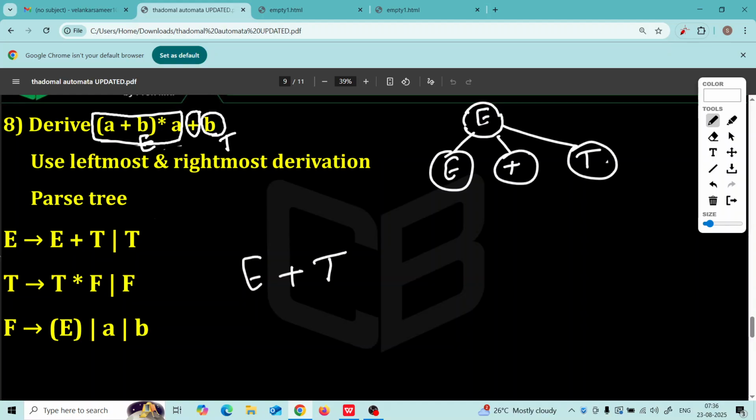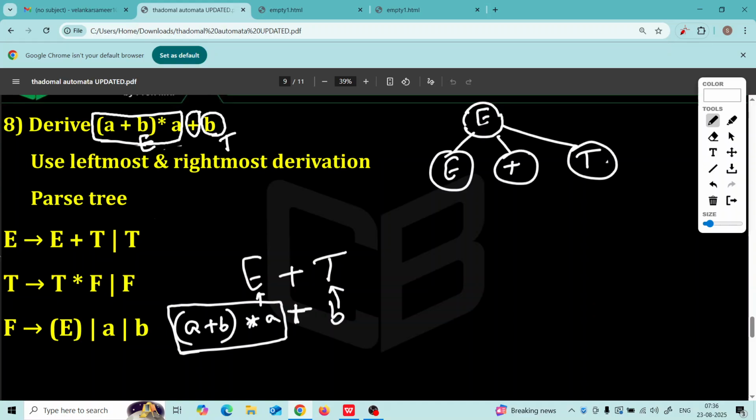Look at the lowest level, E plus T. Plus is generated, and what is to the left of plus? A plus B, so A. This portion is pending. This should be given by E now. And right of plus is B. This B should be given by T. Somehow we should get this, correct?